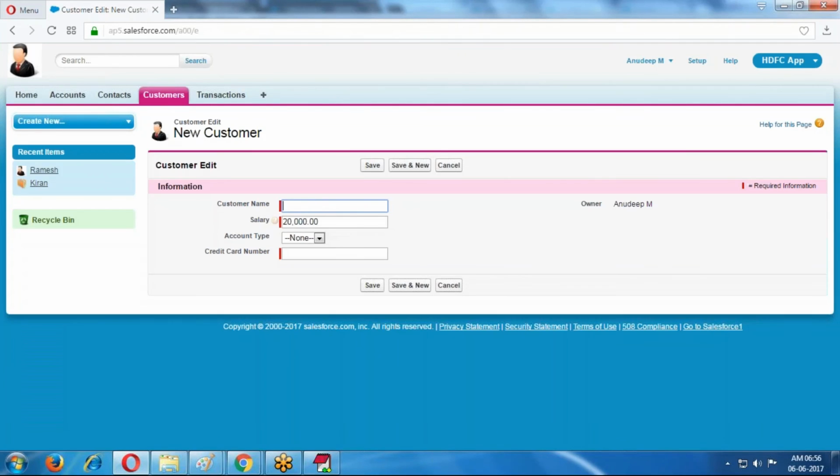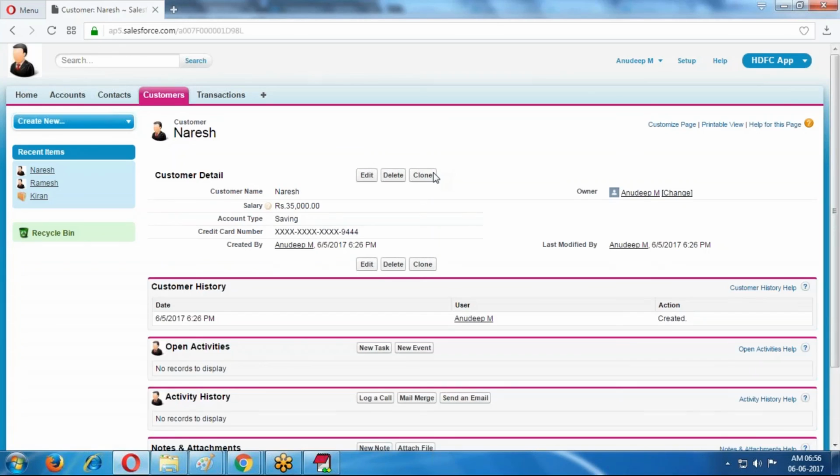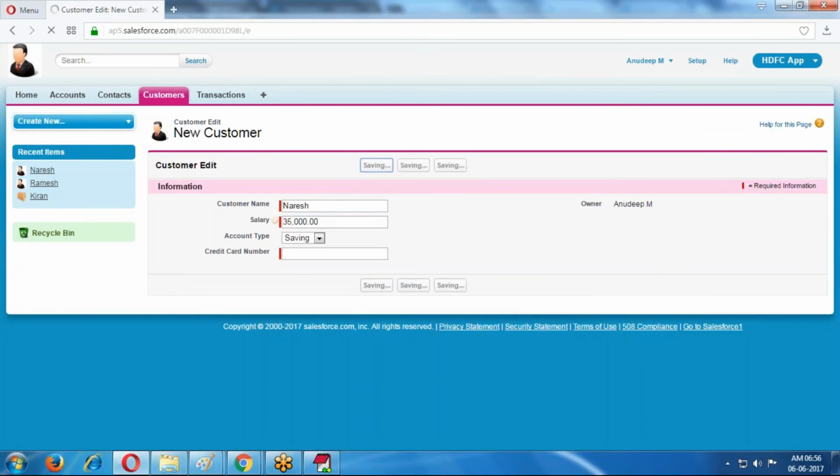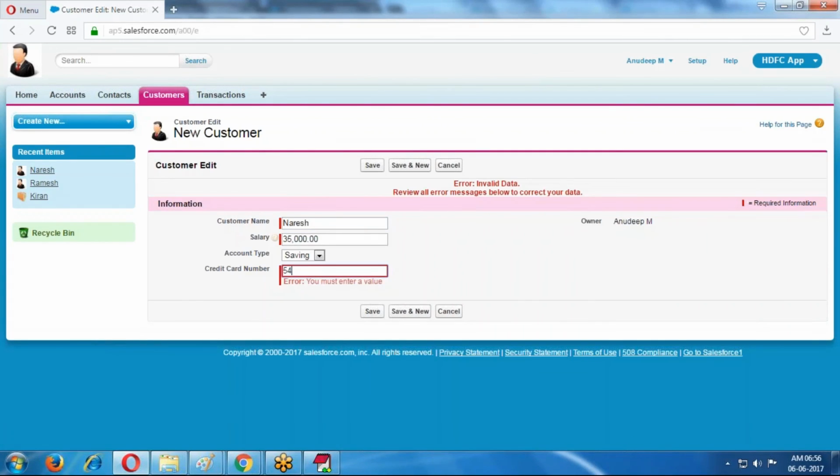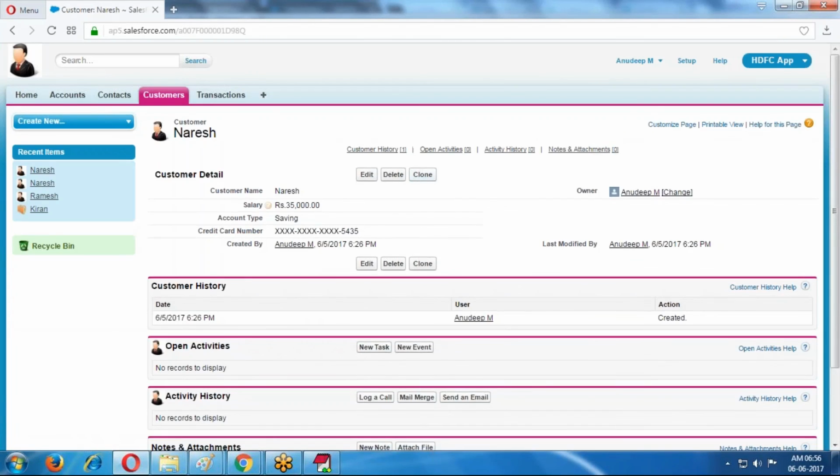I can create the customer record. Naresh, salary 35,000. Account type NRI or saving. Card number, some number. I can create. Can I clone and create? Yes, we can create. Now clone it.